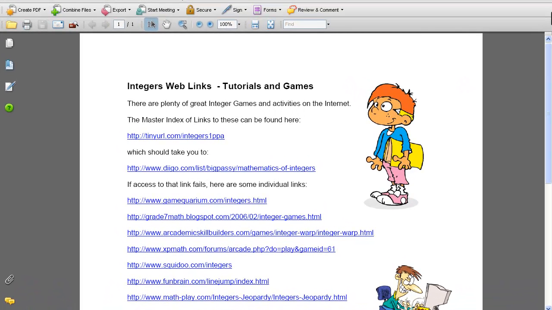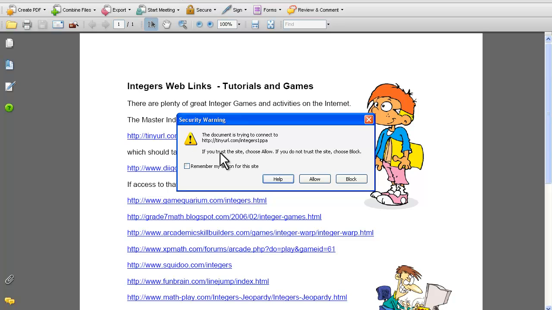Hi, this is Passy's World of ICT, and today we're doing a review of some integers games which we found on the internet. In the YouTube description you'll find a link to a PDF document which will take you here, and then in the PDF document click on the first link which should get you into our